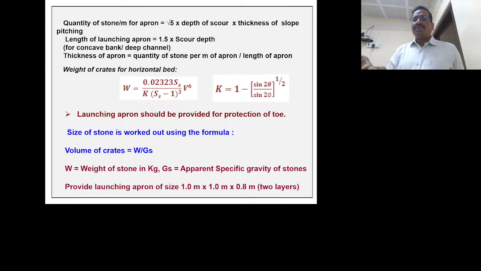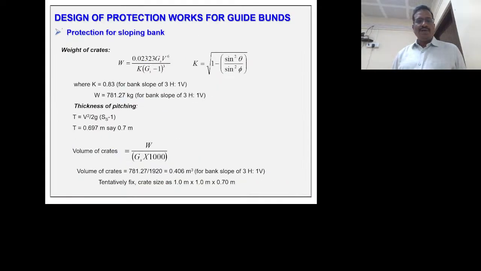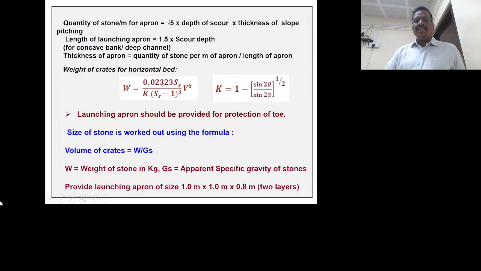After that, into depth of cover, and we are getting depth of cover from this equation, and the thickness of the slope pitching. Just now I explained about this by using this equation, V squared by 2g. Here we will get the thickness of the pitching on the sloping bank. So by using all these parameters, we will get the quantity here, and the length of the launching apron will be decided